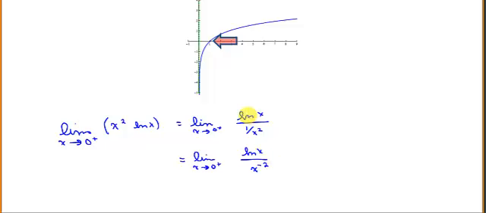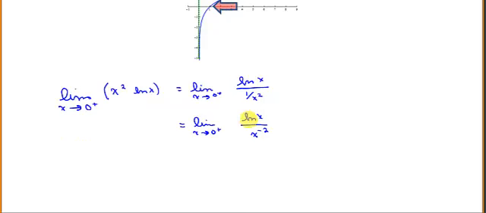We can see here that this is going to be an infinity. Remember, natural log of x goes to negative infinity over infinity. As x goes to 0, the 1 over x squared goes to infinity. So we can apply L'Hopital's rule. In this form, it's pretty easy. This will be the limit